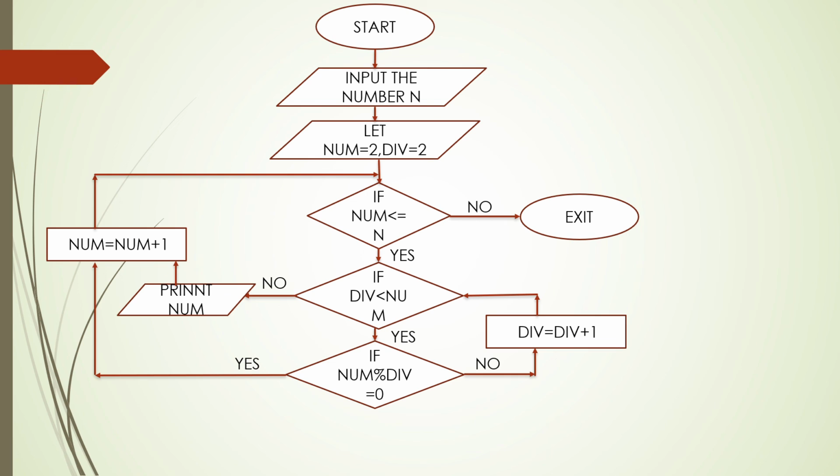है, इसलिए हम 2 को लेंगे। और फिर पहली चीज जो होगी, वो हमको num को चेक करना पड़ेगा कि वो n से छोटा है कि नहीं। अगर छोटा है तो हम वो प्राइम वाला लूप यहाँ पे चलाएंगे, और यहाँ पर अगर प्राइम नंबर निकल गया तो उसको हम प्रिंट करवाएंगे। ये जो num है ना, ये num को एक नंबर से इंक्रीज कर देंगे, क्योंकि हमको 10 तक तो जाना